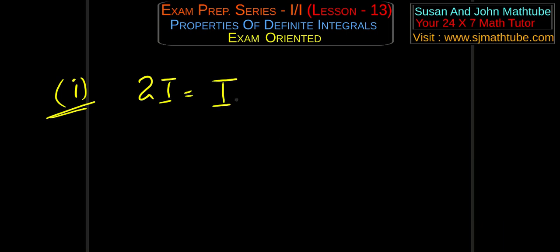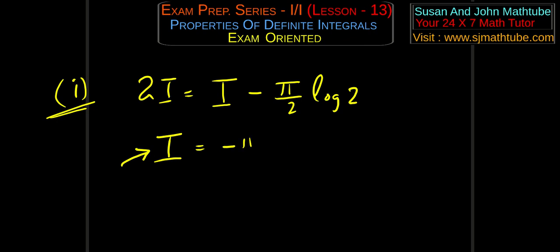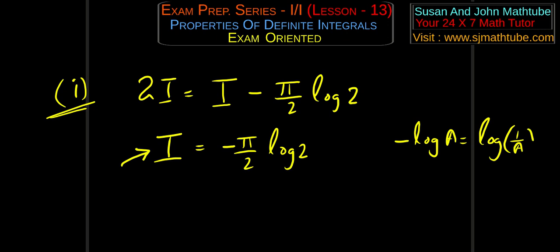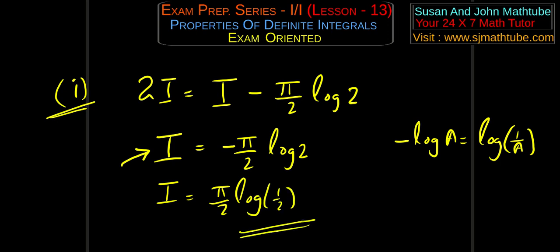I1 is I minus pi by 2 log 2. And I take it to this side. That means the value of I, the question, this is exactly what we are trying to find, minus pi by 2 log 2. By the way, there is a property: minus log A is equal to log 1 by A. And that gives me pi by 2 log 1 by 2. Okay. This question is really important, so make sure you practice this question again and again till you are really